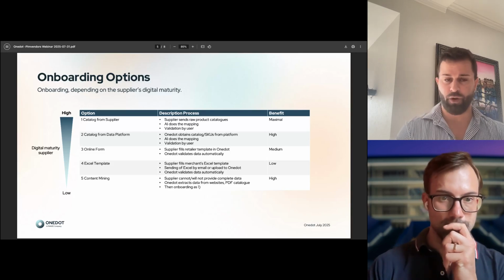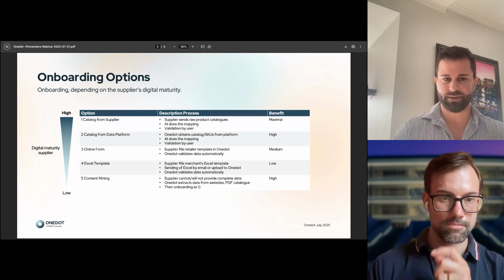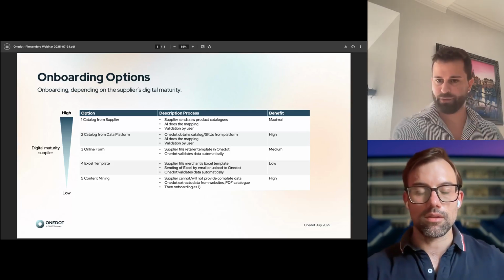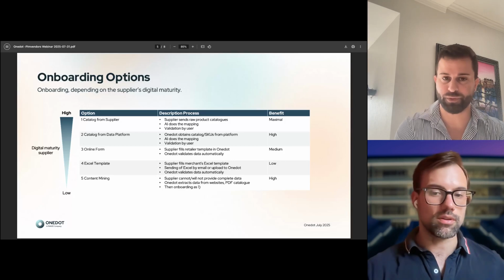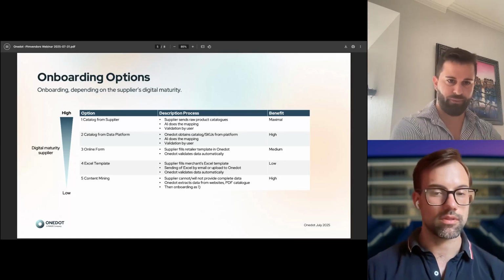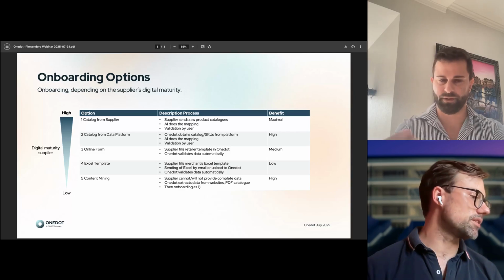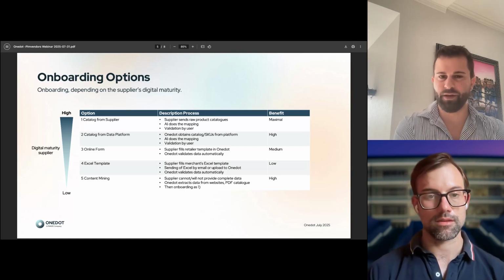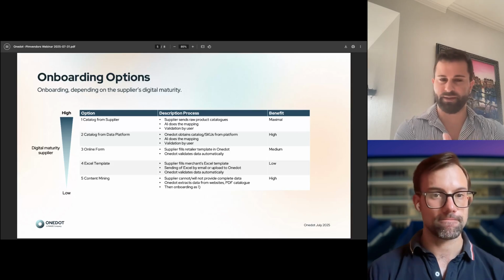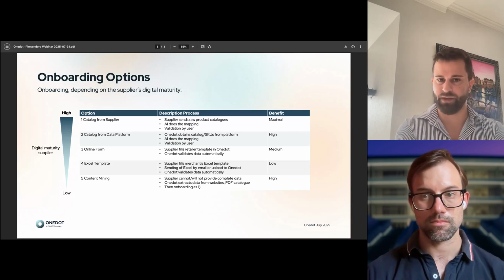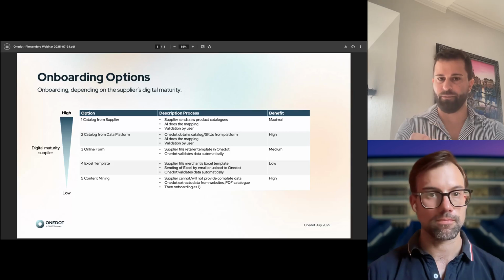With the online form, instead of having a manual template and sending it by mail to the supplier, you have the option to set up the template online, and the supplier can fill in the necessary information in the digital platform. This is an easier way for the supplier, and remember, when it's easier for the supplier, it's in the same way easier for the retailer. Here some validation can also be made.